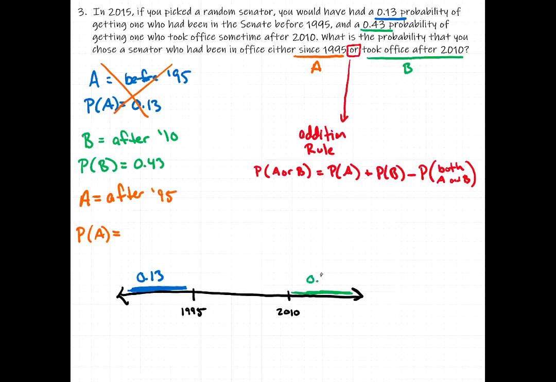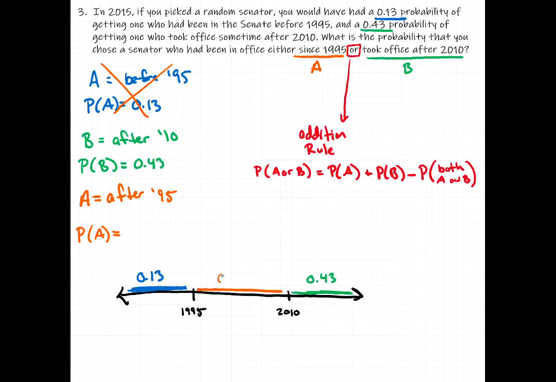That's 0.43. So what's missing? Well, what's the probability someone started somewhere between 1995 and 2010? If these three cases are the only three cases, they must add up to 100%. So if we take 100%, subtract 13%, subtract 43%, then we're left with 44%,